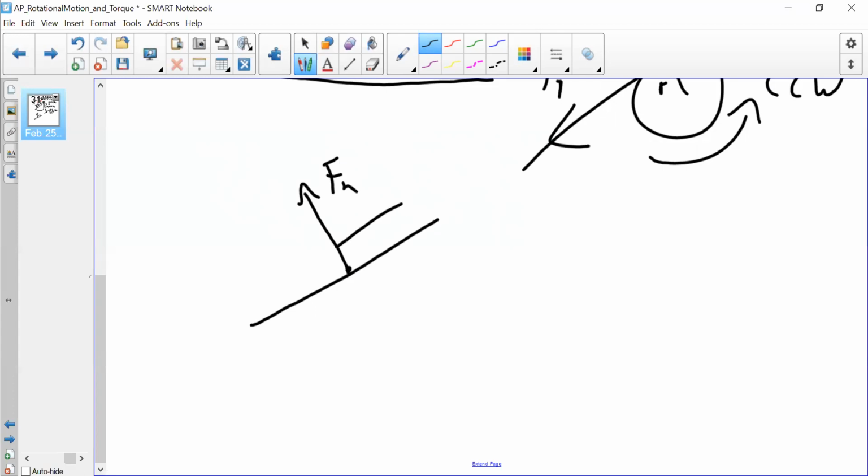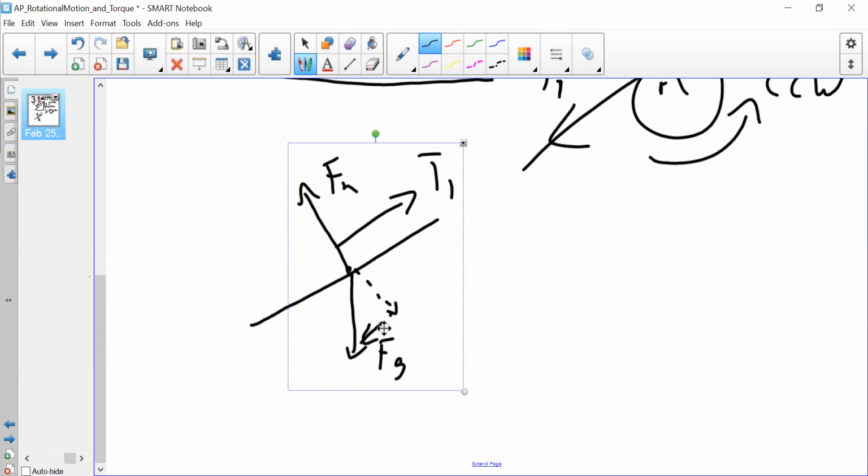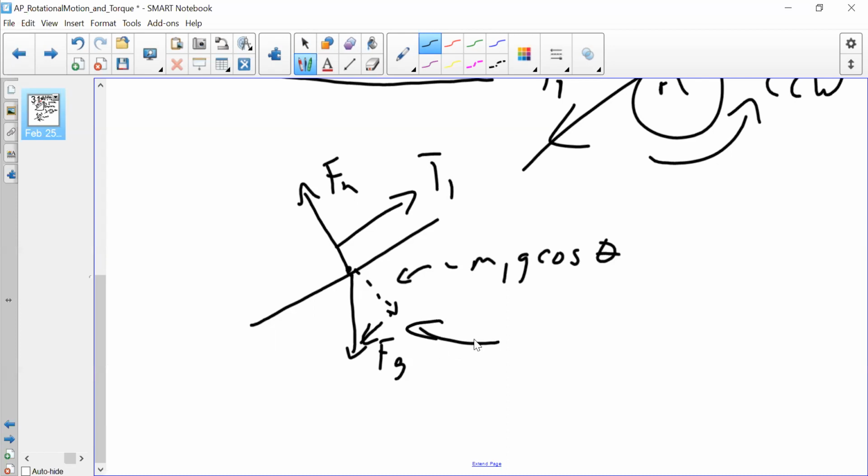So T1 is going to go up the ramp like this. FG, which is mg. And it's off axis, so it has components. This is going to be negative m1g cosine theta. And this guy here is m1g sine theta, or the theta is here. Those are the same. No friction, so nothing going down the ramp. But m1g sine theta is,